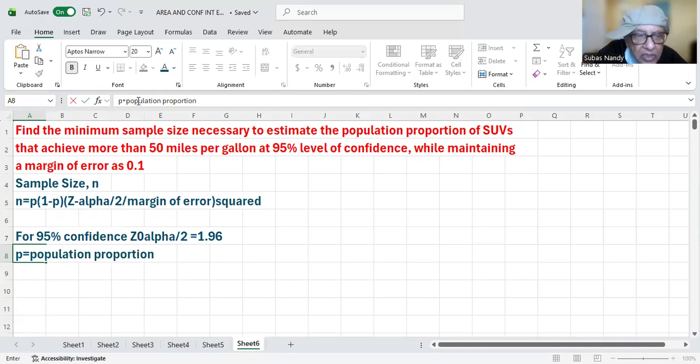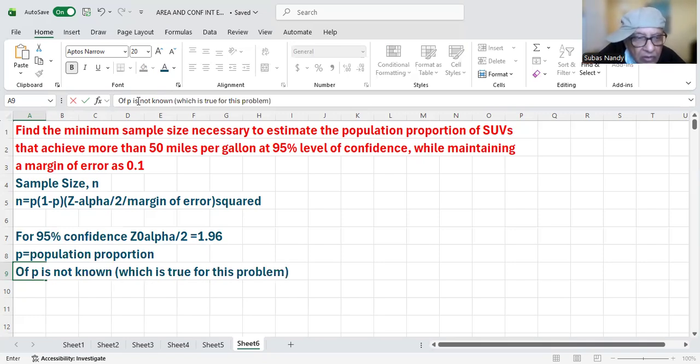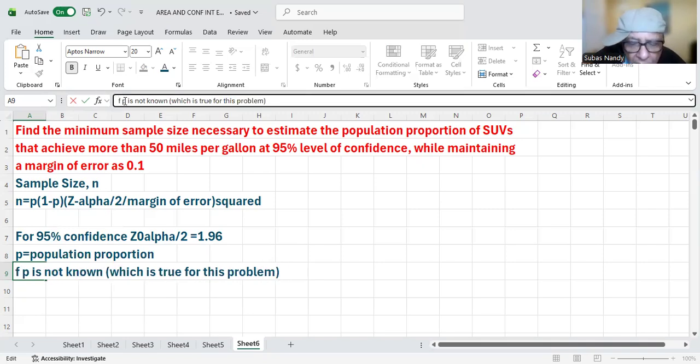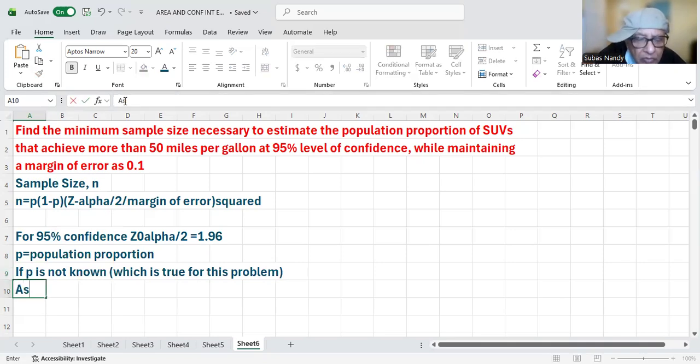If P is not known, which is true for this problem, assume p is equal to 0.5, so then n becomes n equal to